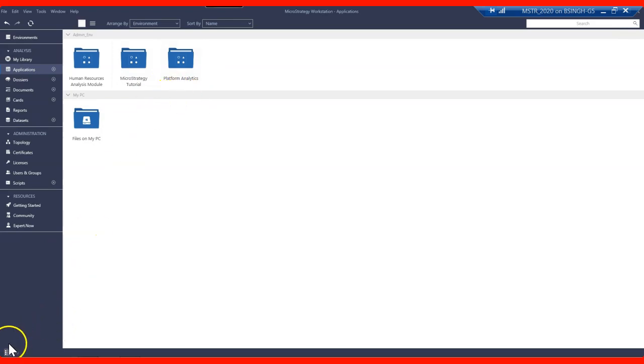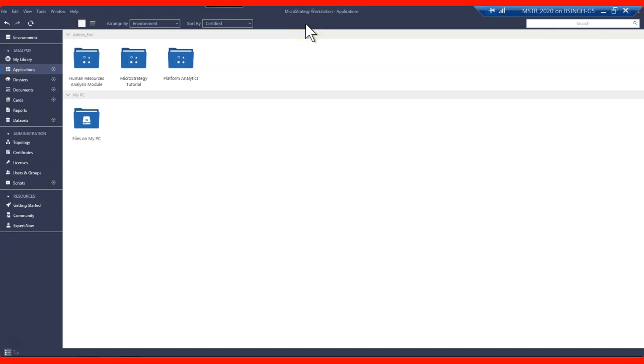In this environment we have only these three applications. So let's suppose in your environment you have 100 plus or thousands of applications. It's really a cumbersome task to manage all the applications, and that's how you can arrange them. You can arrange by environment, by types. There are a lot of options here, so you can manage by them. You can even sort by name, by certified, if your application is certified, or with type environment. So there are a lot of options, so you can arrange and manage your applications even if you have a lot of applications in your environment.